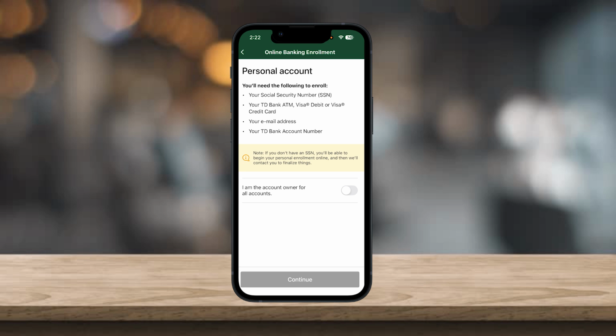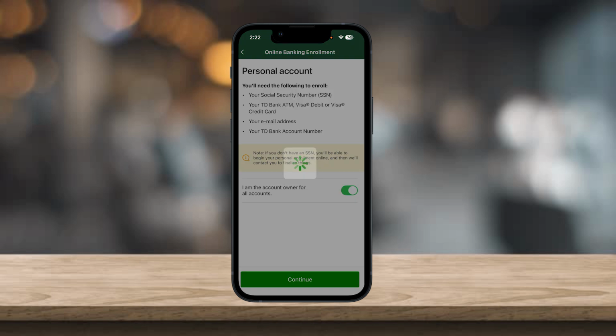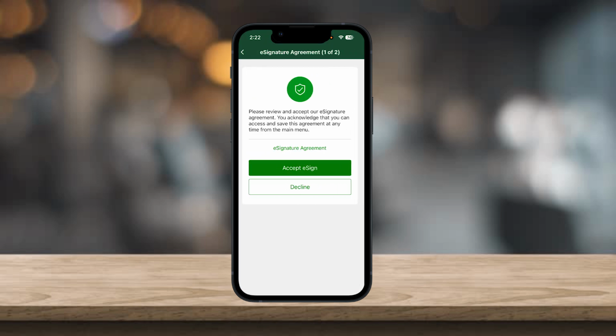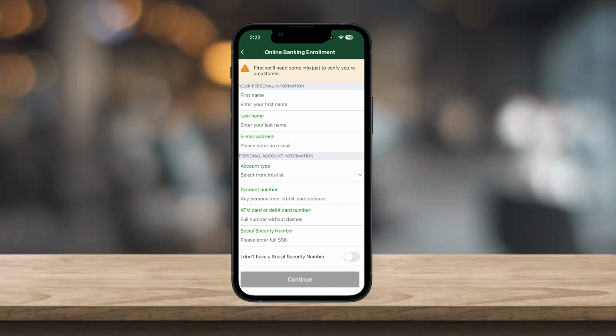All you need to do is simply select I am the owner for all the accounts, and then simply go ahead and click on accept e-sign. Click on accept terms. Now all you need to do is simply go ahead and enter all your information, so